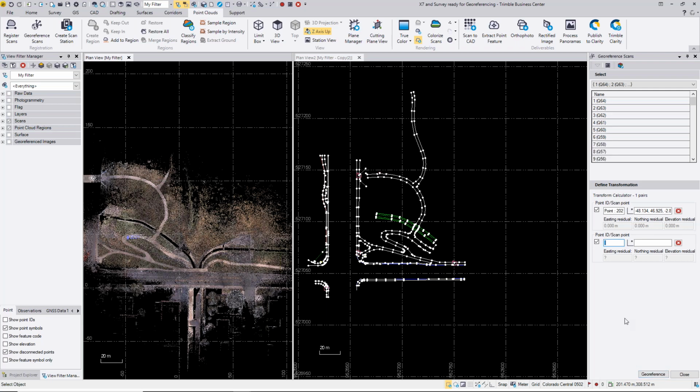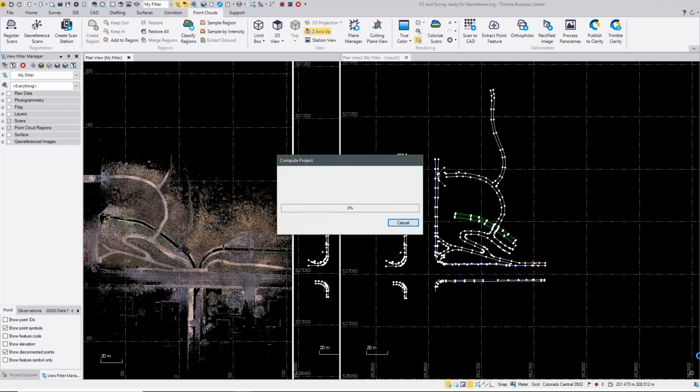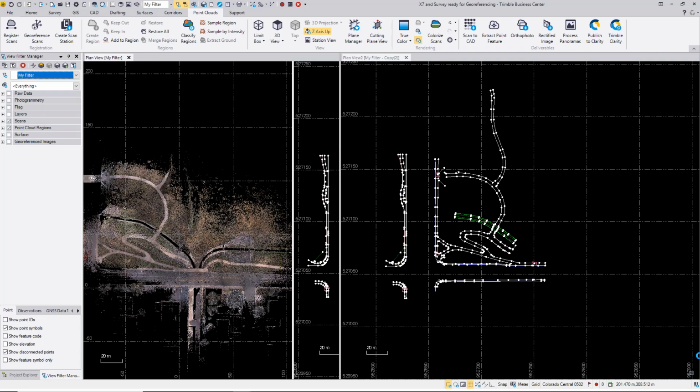So once it's done doing the georeferencing, it's important to actually run the comp engine. It will run automatically if I close the command. So I'll close the georeference command. And what you'll see is the scan data will, if it works the way it's supposed to, vanish from the scene, and